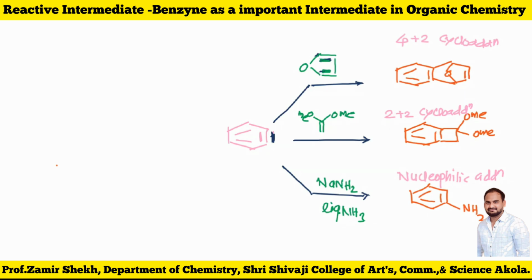So this is all about benzyne, a very important type of intermediate developed by various reactions. And that benzyne is utilized for nucleophilic attack particularly, because in simple aromatic compounds we cannot add any nucleophile. But if we convert benzene to benzyne, we can add the NH2 group. Okay, look at the last reaction, that is the nucleophilic addition reaction. First of all, I am going to convert benzene to benzyne. Benzene is nucleophilic, and I am going to convert it into an electrophilic one. So I'm just decreasing the electron density of that molecule, and later on the products are formed.